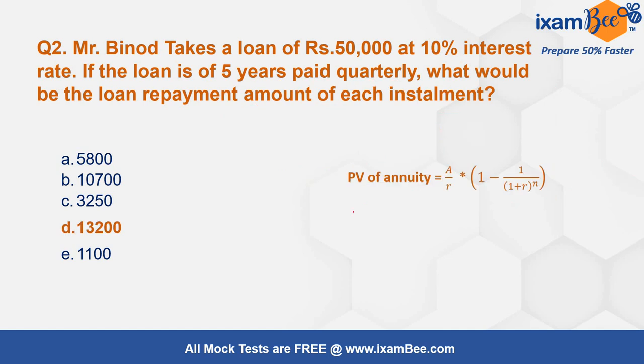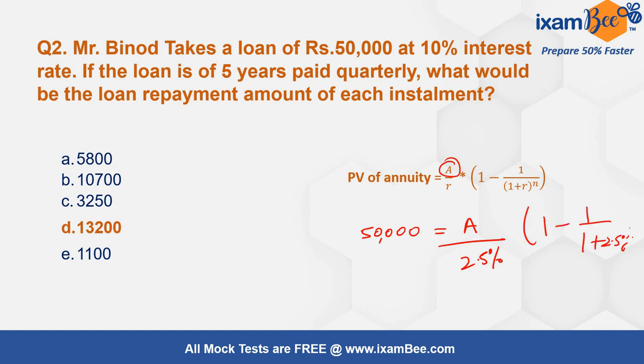Again using the same formula: 50,000 is equal to A divided by 2.5% into 1 minus 1 by 1 plus 2.5% to the power of 20. I have to solve for A, and my answer when I solve will be approximately